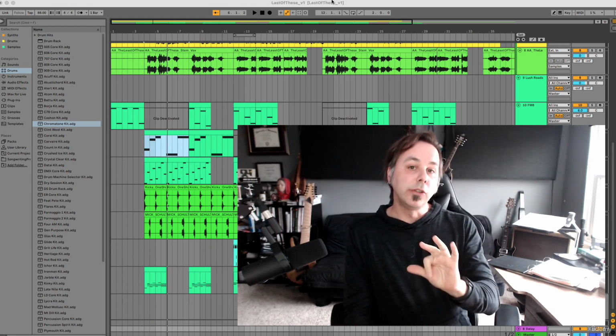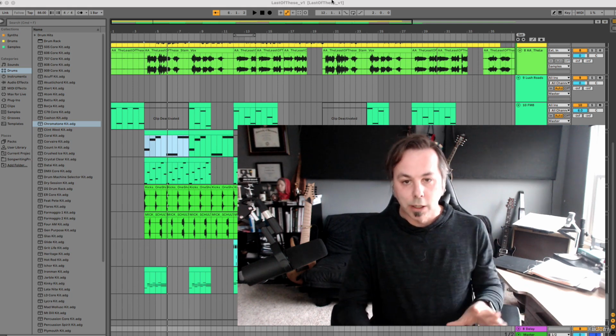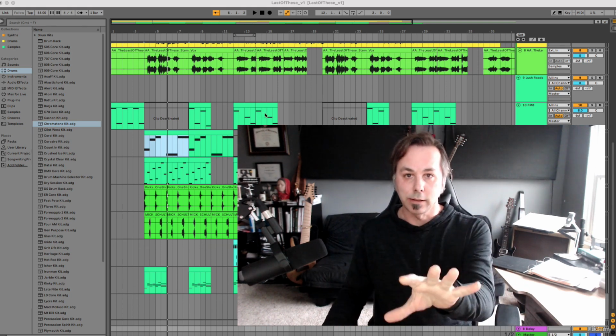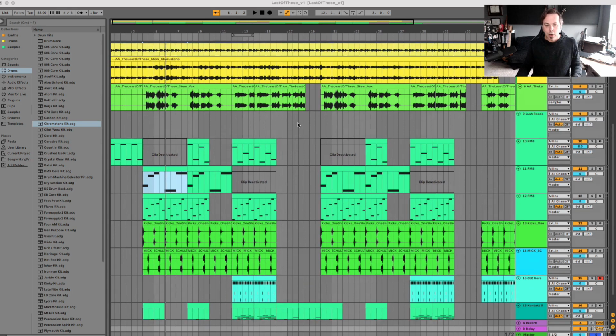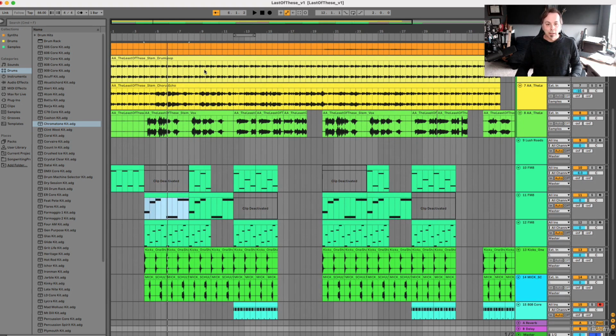If you've ever used any other audio software before, you're used to looking at things like what I have on the screen here, where we have a timeline going from left to right, and when I hit play,